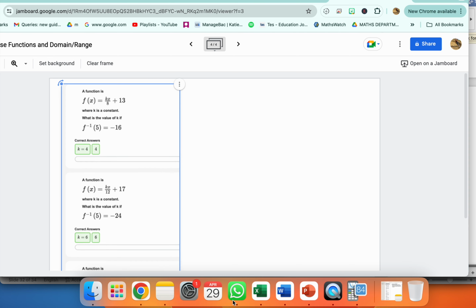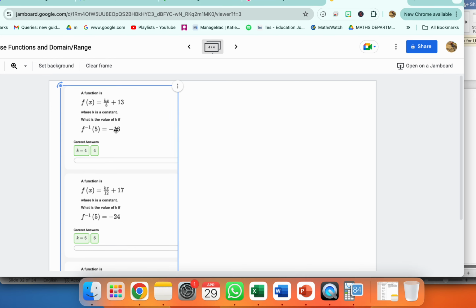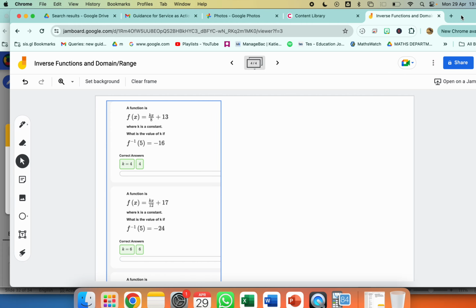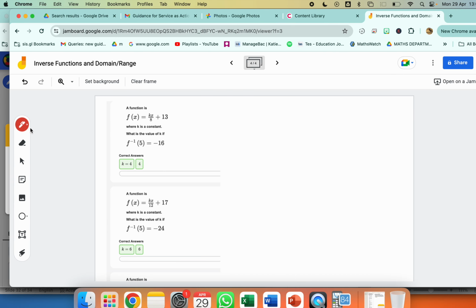So we're going to have a look at the top question, and it says, what is the value of k if f minus 1 of 5 equals minus 16? So all we have to do is a little bit of substitution, and we understand that if it's 5 for the x in the inverse function, this is going to be the same as the y. So we're going to put this equal to 5,